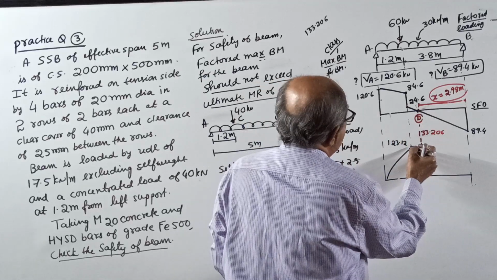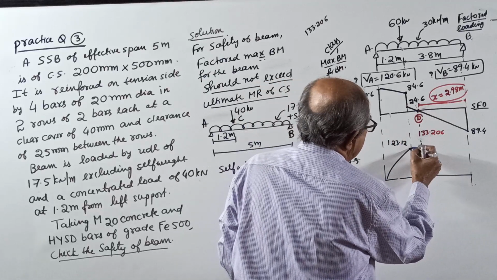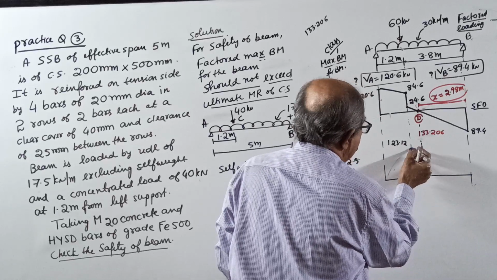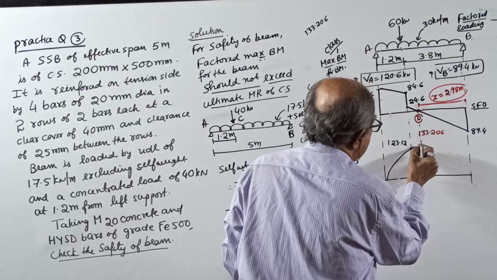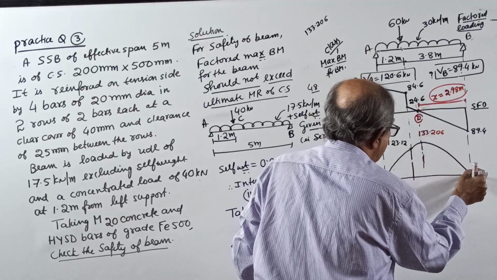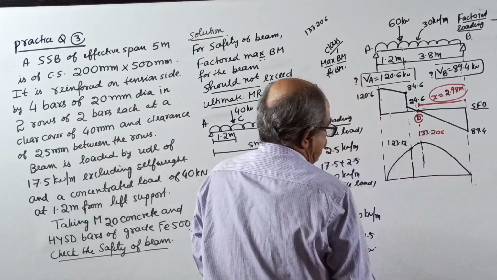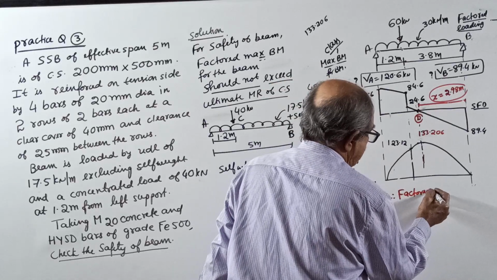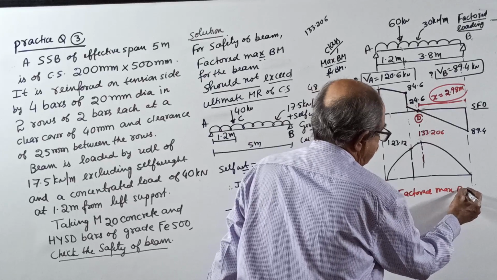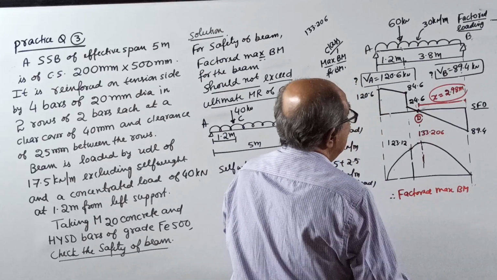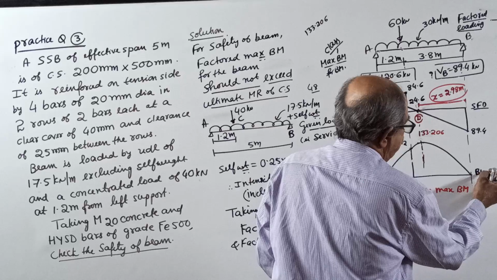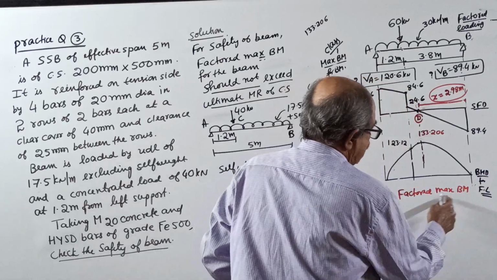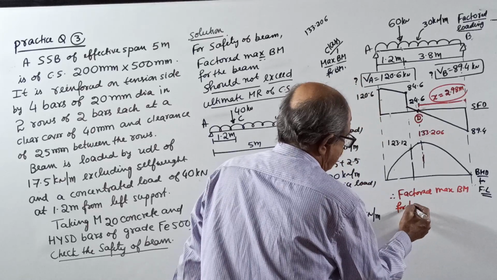From here, slope will change. It will become a little flat. Actually, it will be a little steep. Actually, that's all not important. This all I explained there. Okay, something like this. Therefore, right here is the factored maximum BM. This is the BMD. This is the BMD for what? For factored loading. Remember, factored maximum BM for the beam